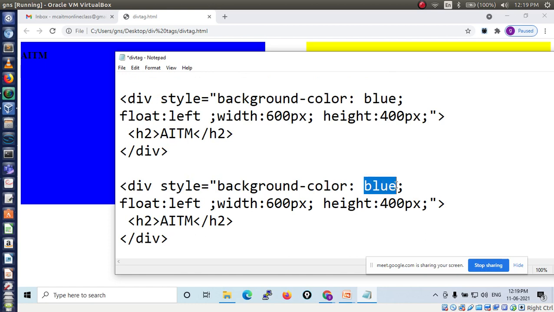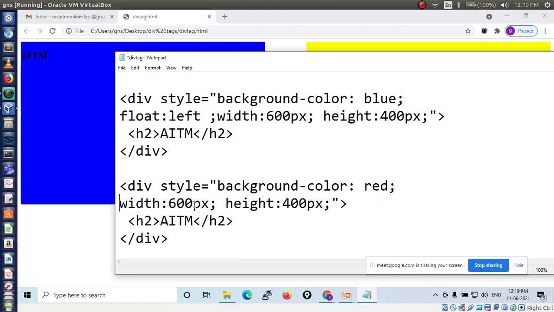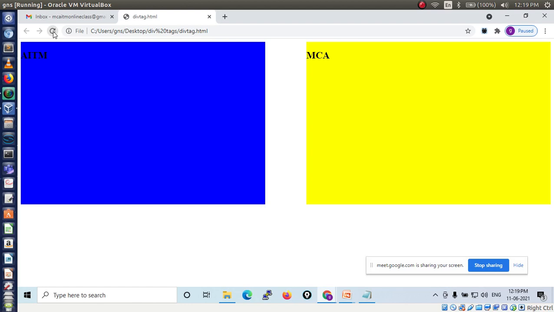Background color I will give red, and this I will remove, float left and right. Then width I will give only 200 px, then height I will give 100 px.